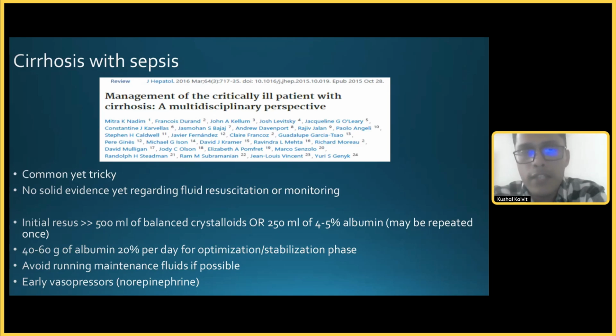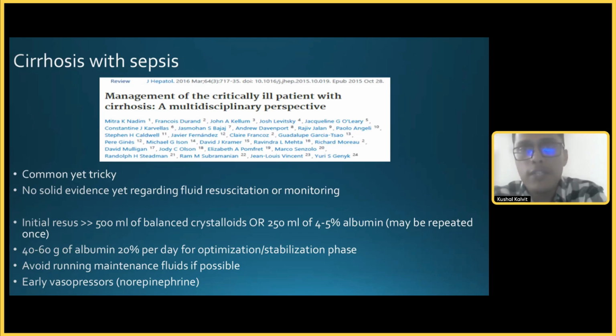And I don't think there is any point in repeating more and more boluses, because like we have seen in the previous slide, more fluid bolus will lead to more portal pressure. It will increase the chance of esophageal variceal bleeding or ascites formation and so on. So I guess 1 or 2 initial fluid boluses will give us adequate information about the response to the bolus. We start hemodynamic monitoring with echo and cardiac output monitoring and other devices that we have at our disposal. And when the patient enters the optimization or stabilization phase, that is the second and third phase, I guess, then yes, albumin has a role, and a maintenance albumin of 40 to 60 grams of 20% albumin per day can be used, although there is no solid backing for this recommendation.